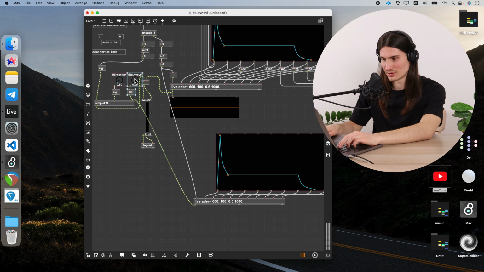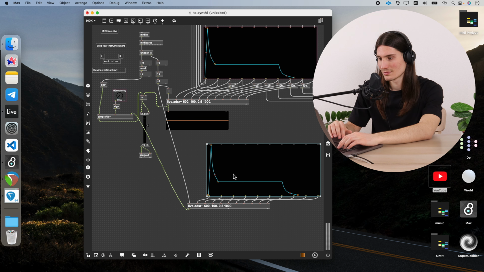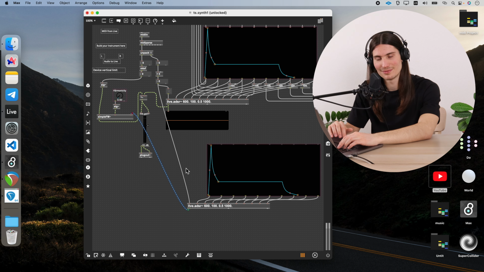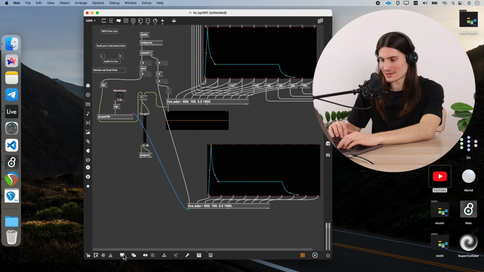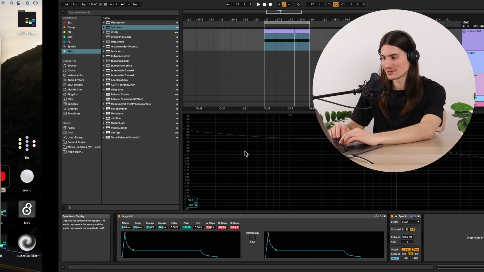So we could delete this modulation amount control and control it with this ADSR, because it's perfectly also going between 0 and 1. Let's also place it somewhere here, save it, and then